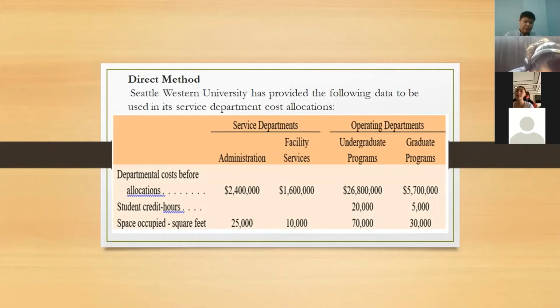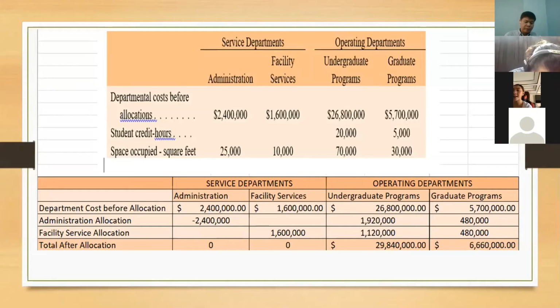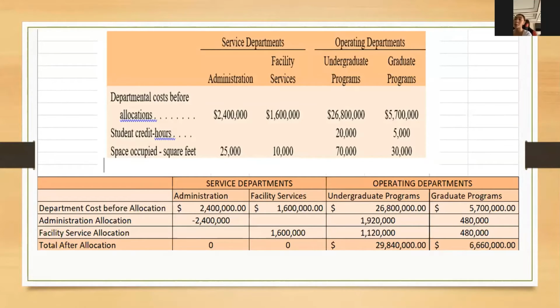So as you can see po, we have administration that costs $2,400,000. The total student credit hours po natin ng operating department is 25,000, which is nakuha ko sa undergraduate programs 20,000 and graduate programs which is 5,000, a total of 25,000. So drop down lang natin yung administration, $2,400,000